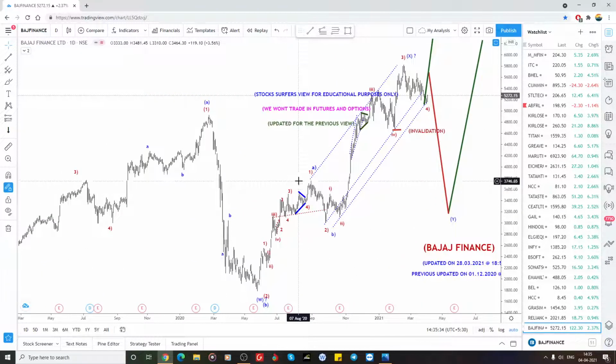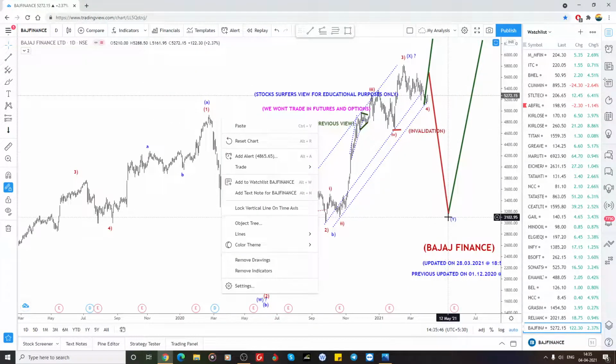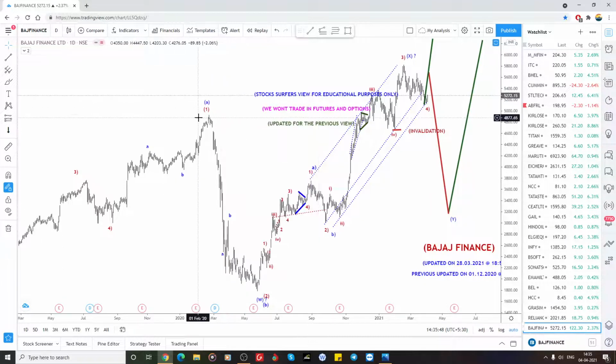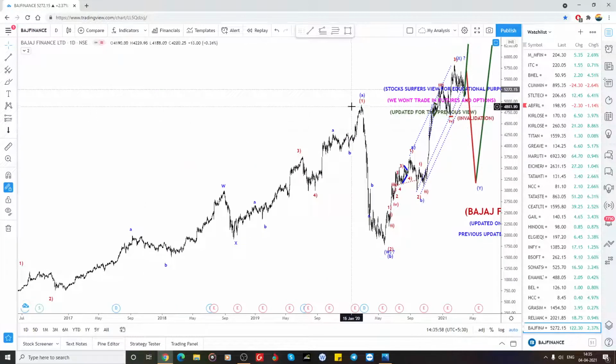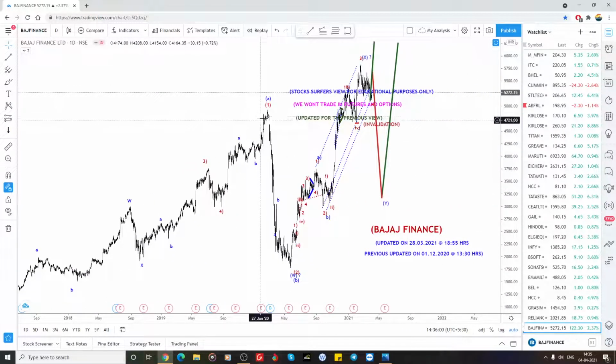Otherwise, this is the A, B and C, which means this is the end of the X in that irregular flat formation, and then again one three-wave structure to fall for the Y wave, and then that could be A and B here, or 1 or 2. It has already broken the high, so this is considered an irregular flat formation. So whether the five-wave structure from the low to the high, here it made 4900,